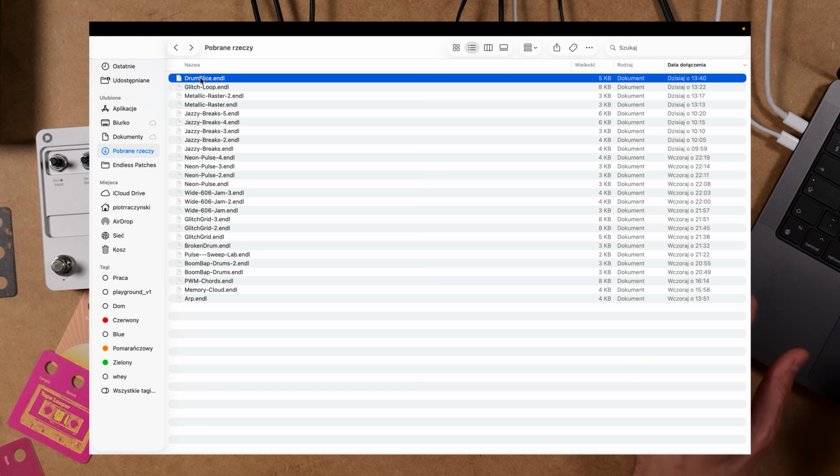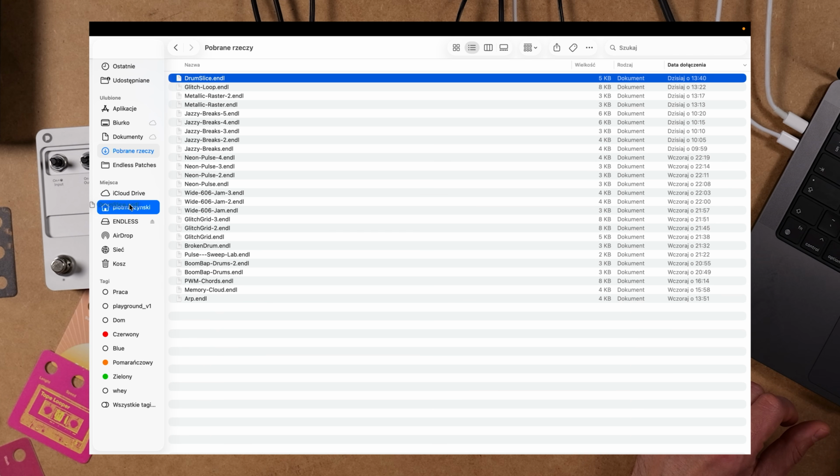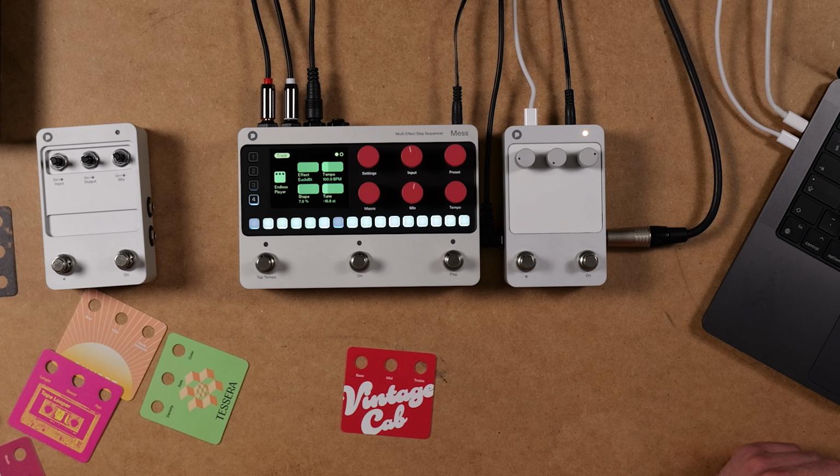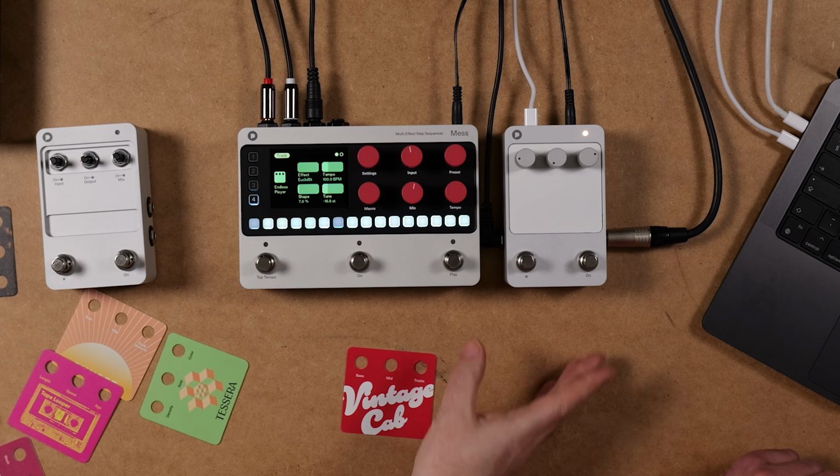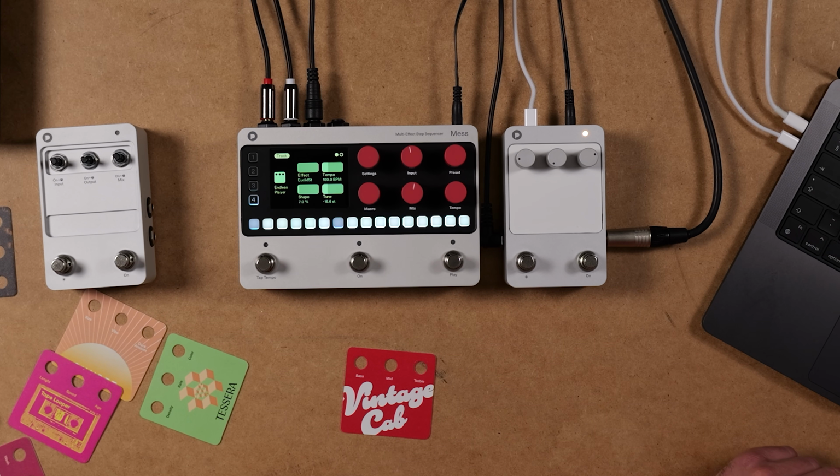Drum slice. I have it here. I will just reset, just in case, the USB. So you see that the endless will pop up here as a drive. I am just dragging it in. That's the indicator that something is loading. You don't see anything. You don't need to open up folders or change any scripts anywhere. Now you see that Endless is not here. It will pop in once again, and it will be empty, waiting for one more file.